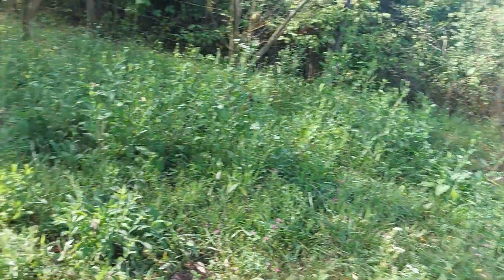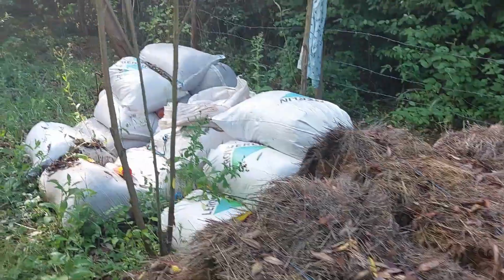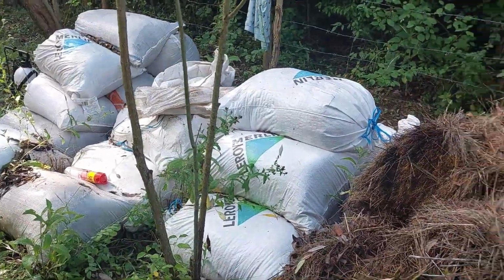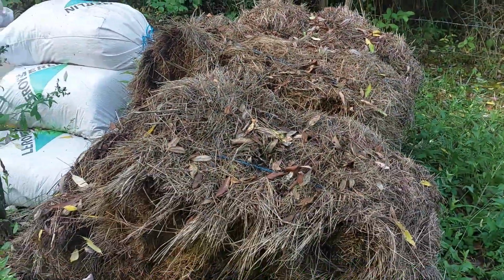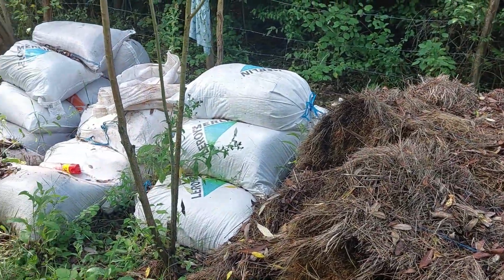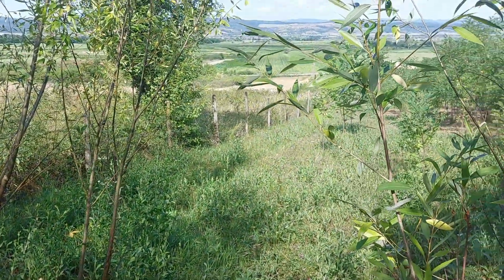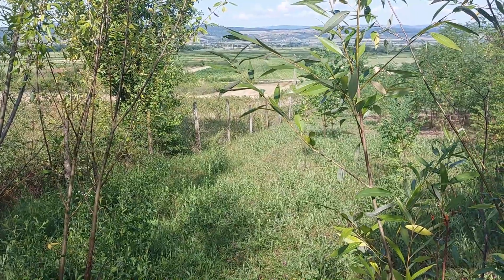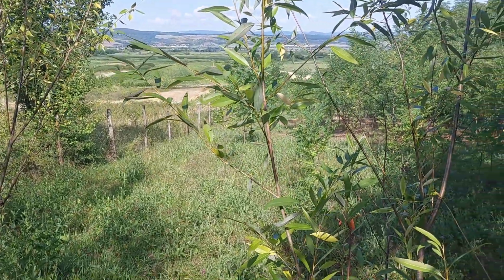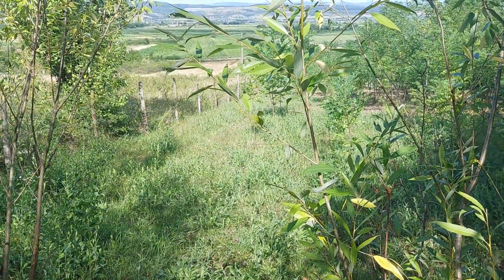So I don't know if you can remember, but I've put all the sacks here in the upper part of the plantation over here behind the hay bales, which I will also have to spread around the base of the trees. I don't know if I got the time to do that. And from here I'll take the sawdust with a wheelbarrow to each tree, and with a 5-liter bucket I will measure the amount of sawdust that needs to be put